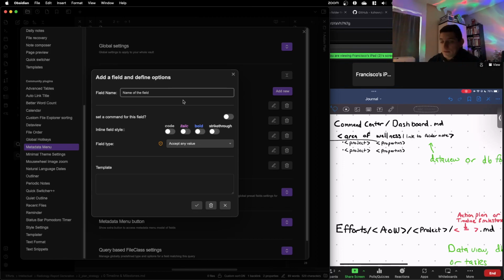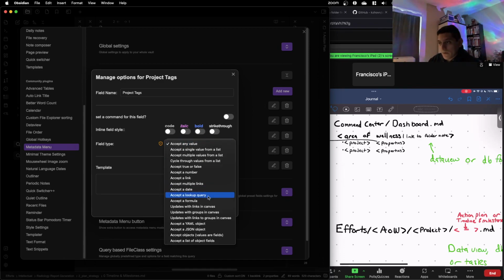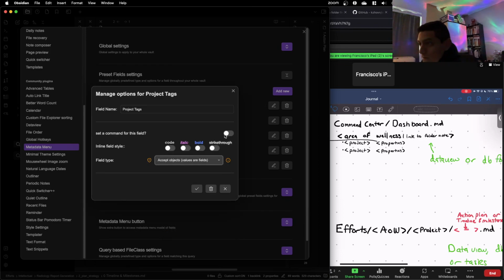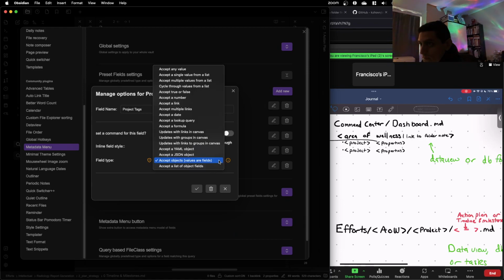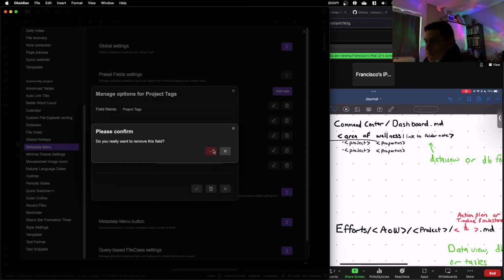And then tags. A link, multiple links, formula. Value their fields. I don't know about the other ones. Let's just remove it for now.